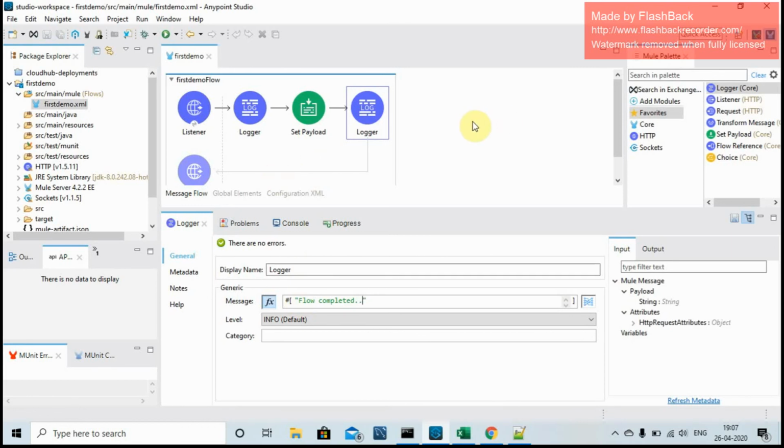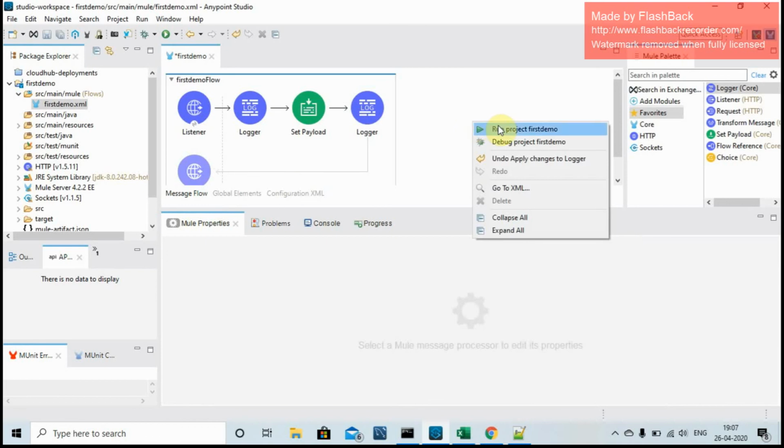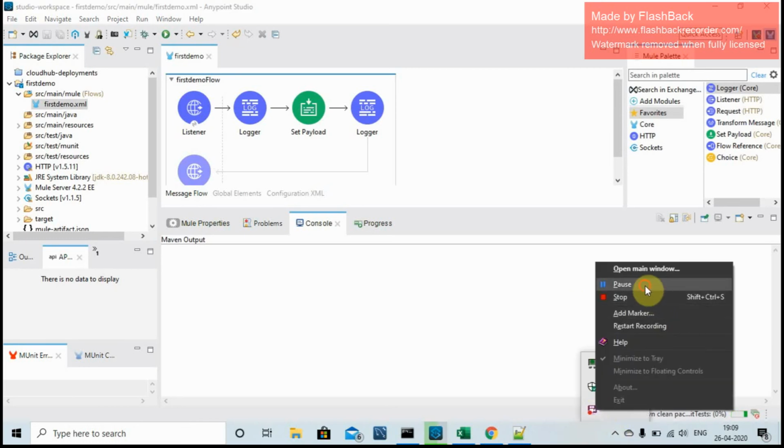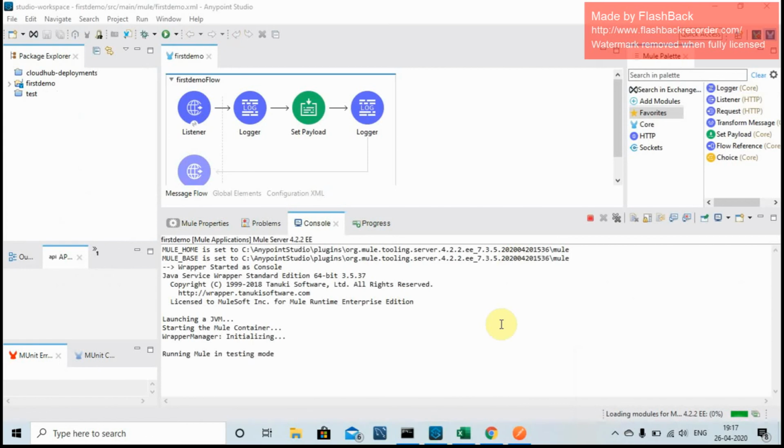Okay, so let's run it. Right click, run the first project. So as you can see now, the console is getting updated.